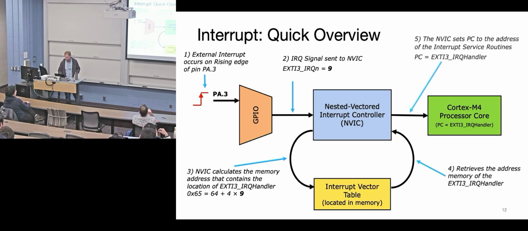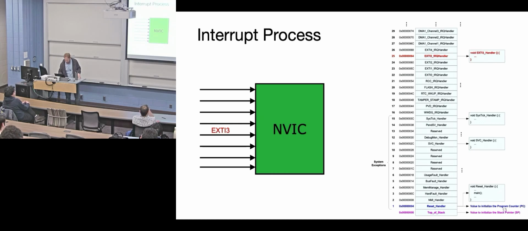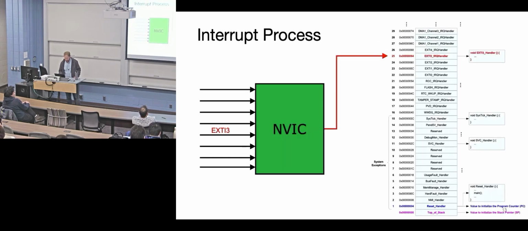It retrieves the address, and then the PC is put into handler mode, and now we're going to start executing the interrupt. I should have been on this slide when I gave you guys a hard time. This is not technically part of the vector table. This is just a location that specifically says where the stack pointer is. The rest of that is the vector table. And so the NVIC has to take those inputs and figure out the correct thing to do. I don't have a slide on stacking. That's sad.